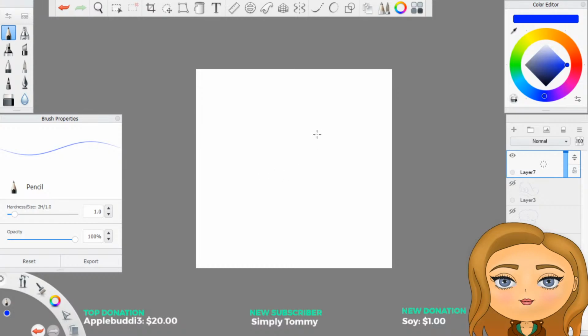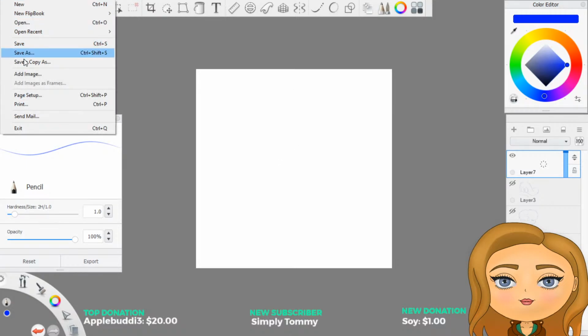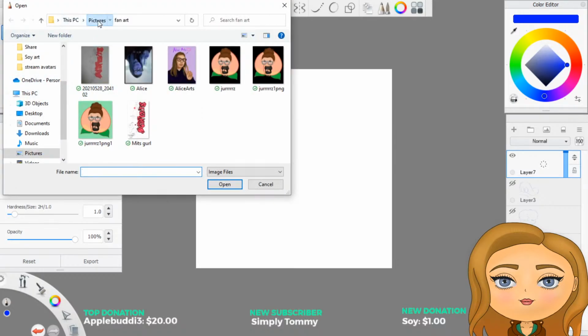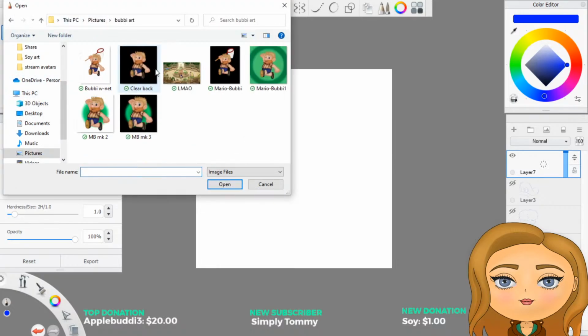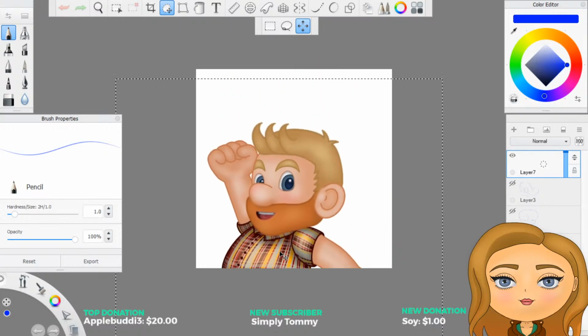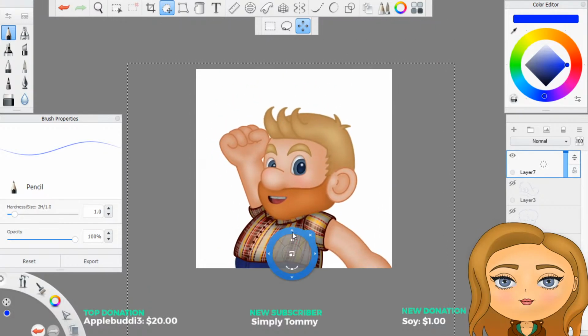Okay, so let's do maybe some little characters. In fact, I tell you what I'm gonna do. I'm gonna add image. Not this one. One of these ones. Take a clear one. You can copy from your own artwork, right?